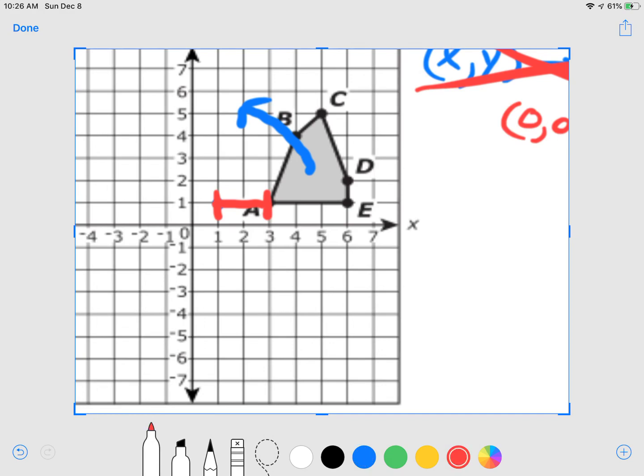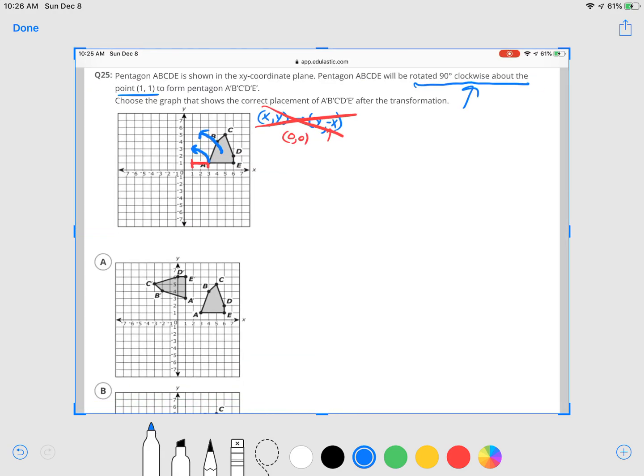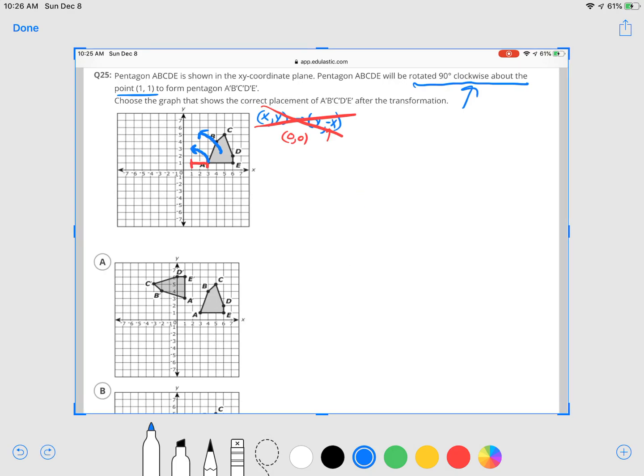So this point A, let's use blue. It will stay the same distance. Okay, all of these points stay the same distance away. So we're basically going to use that to eliminate a lot of these options. Okay, so in each of the options, they show the original. Oh, geez, I didn't take a